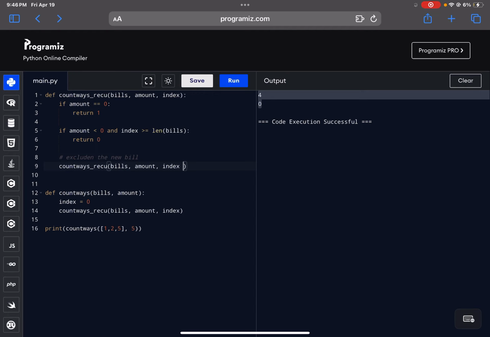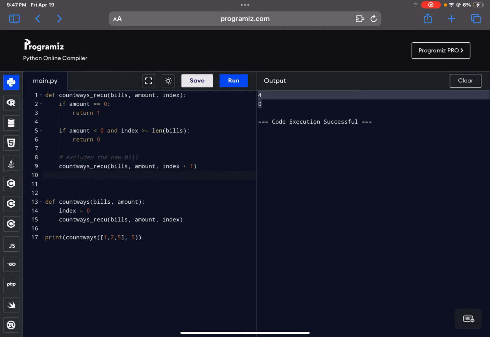We're like, screw the $2 bill. Let's go directly to the $5 bill, right? So since we're going to the next bill, we're gonna say skip the current index, go to the next one, and don't subtract that amount. Don't subtract that from amount, right? Now, this will be or